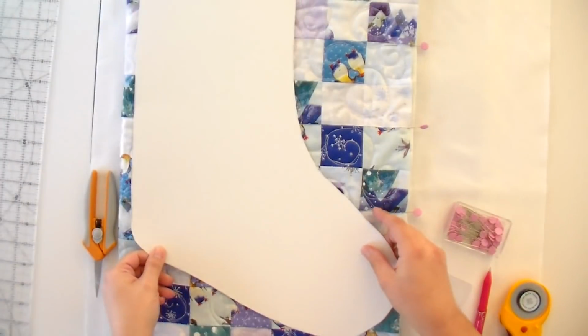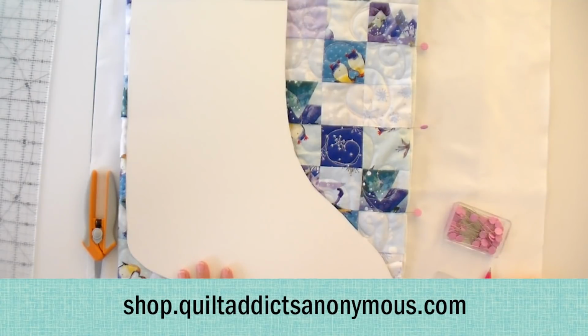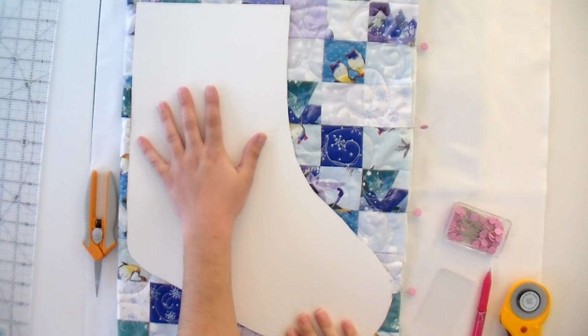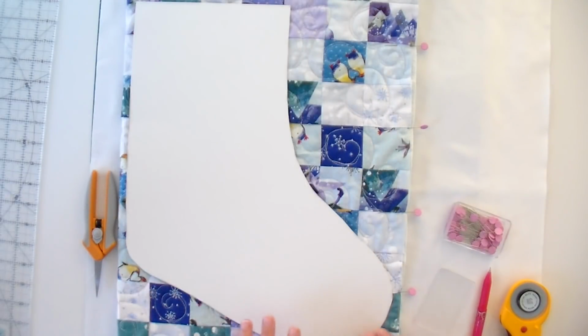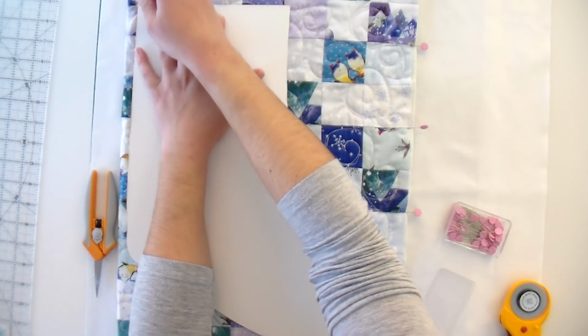Now what I'm going to do is lay my stocking template down. And again, you can get this template over at shop.quiltaddictsanonymous.com. We're going to have it available for free for you. I'm just going to lay it down and arrange it so that it's totally being covered. I've got fabric along all sides, and then taking a marking tool, I'm just going to trace around that